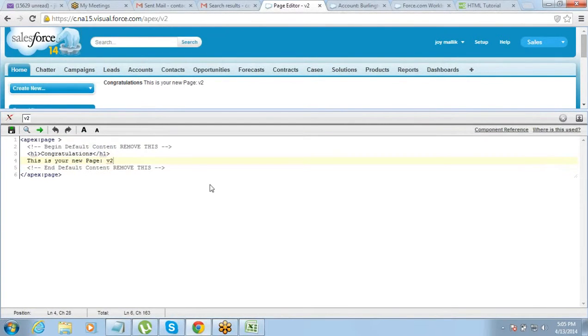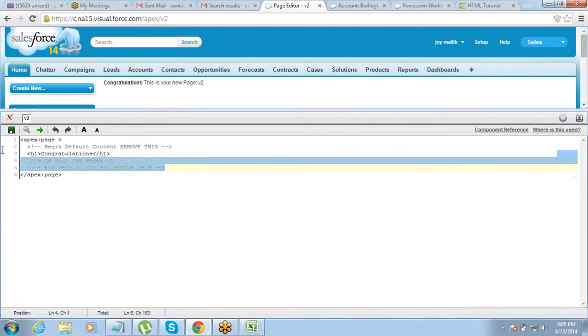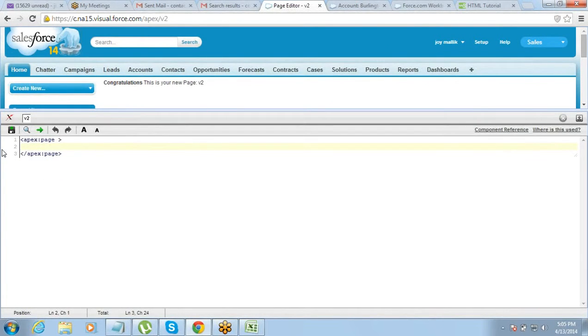Delete this internal content. What next? Standard controller equals account, equals opportunity. Account or opportunity, Subhajit? Opportunity. Because you want to create the page for opportunity, right?